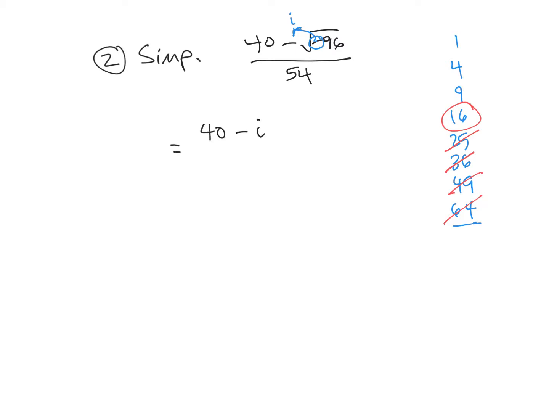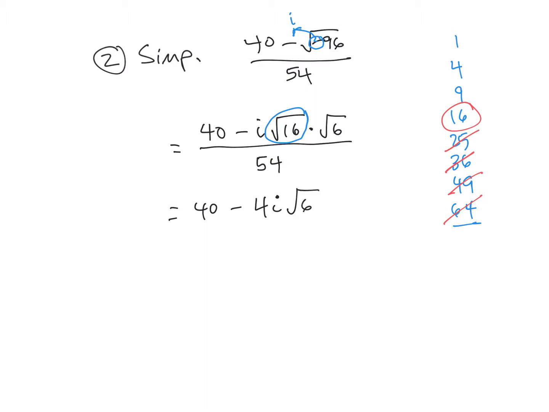Then the next thing I'm going to do is split up that square root of 96 as the square root of 16 times the square root of the other 6, and I'm going to divide that by 54. So the square root of 16, that's a nice perfect square. He's going to come out as 4 times that leftover i square root of 6,